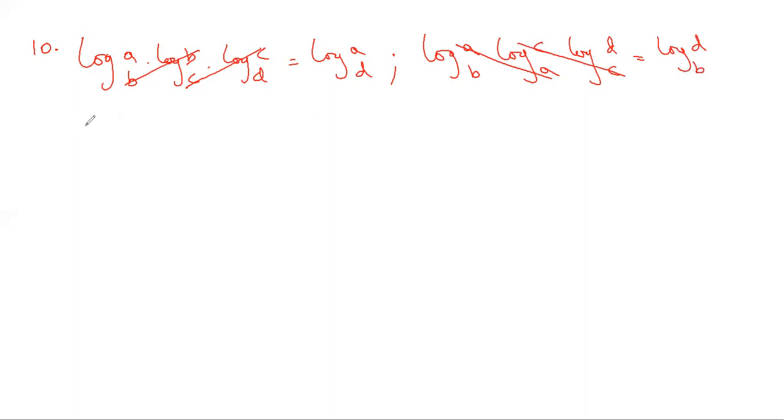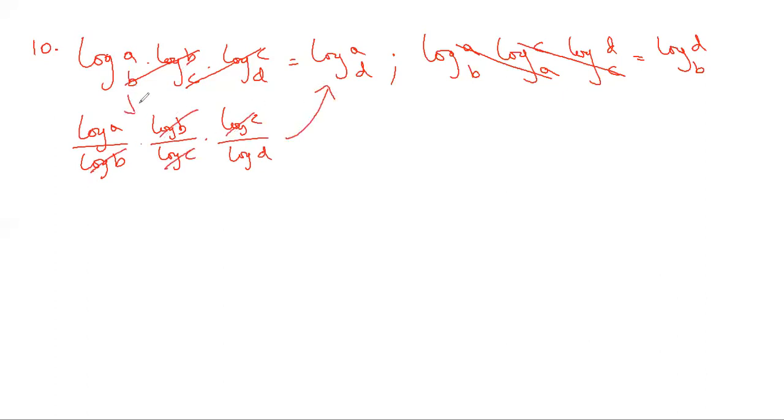The proof is simple using that property 7. Log a by log b, you can write this one, LHS. And this you can write as log b, log c using the change of base formula. You can write log c by log b. And you can cancel this now. And again, using the change of base formula, you get this. Similarly, you can prove that one.